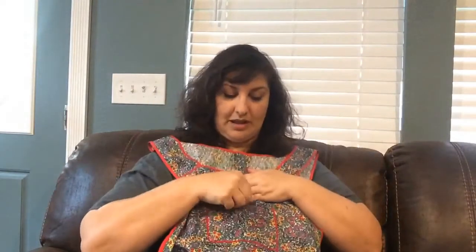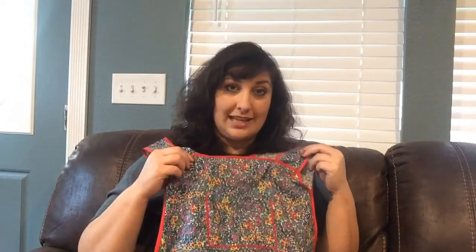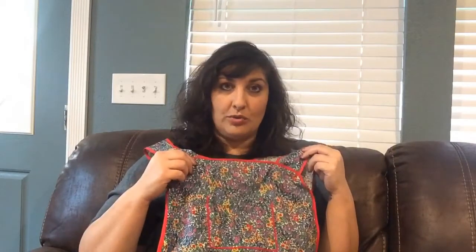So this is exactly what I want. She even put me a little pocket up at the top where I could put my phone, because when I'm working, a lot of times I put my phone right here and I put my earbuds in, and I listen to music or I listen to a book while I'm working all day. So this is a perfect apron, and she was so willing to work with me,